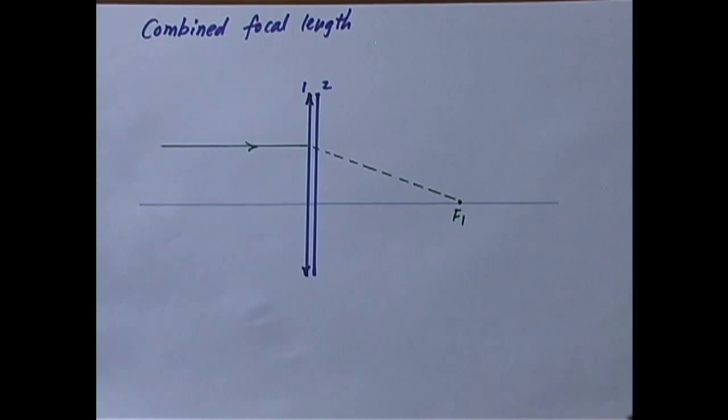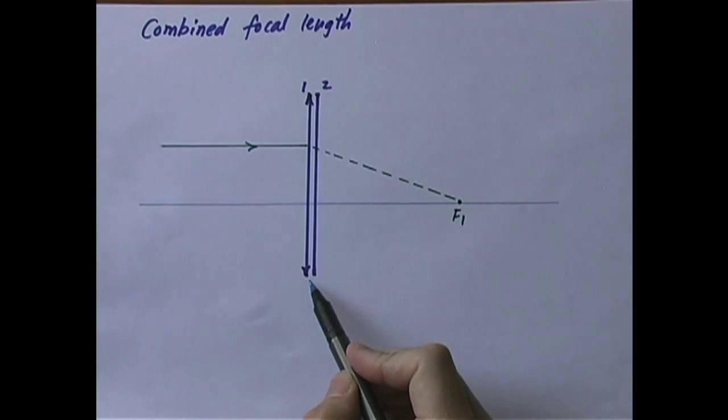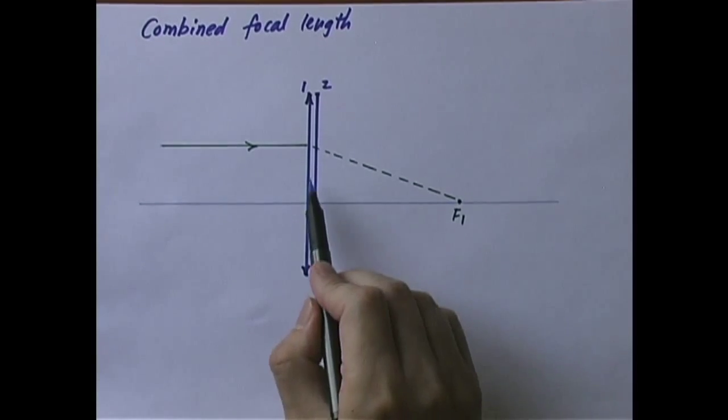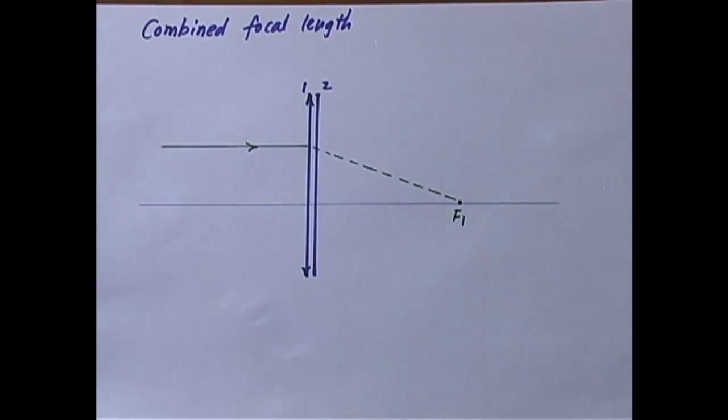Alright, our first example of an optical system is relatively simple. Basically, we put two lenses together right after one another. They're just closely packed together. Lens 1, lens 2. For simplicity, let's say lens 1 is a positive lens, just a convergent lens. Lens 2, I don't know what it is, it can be convergent or divergent. What I want to know is, if you put them together to act as a single piece of lens,